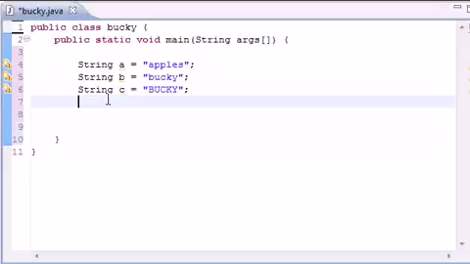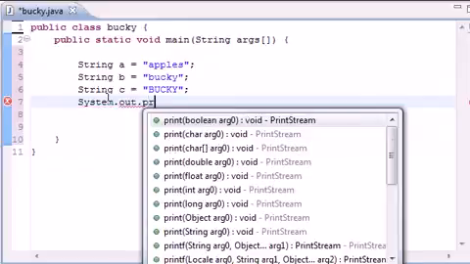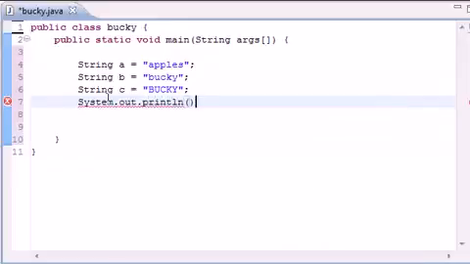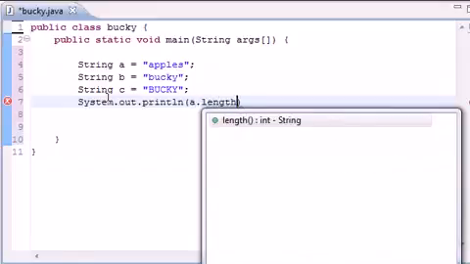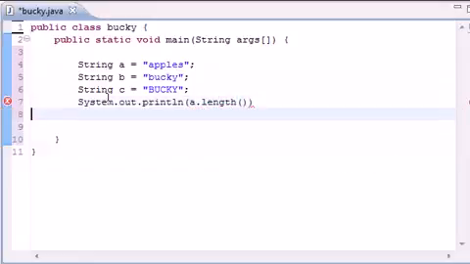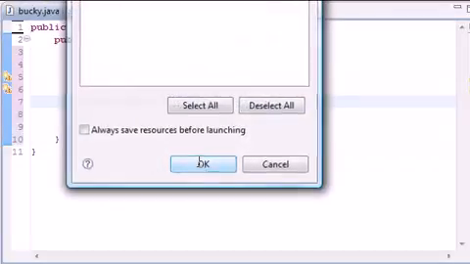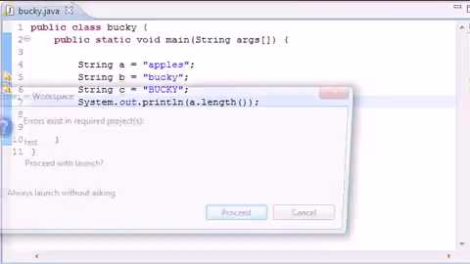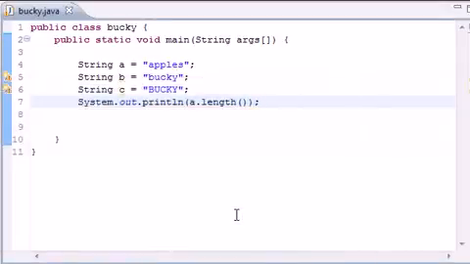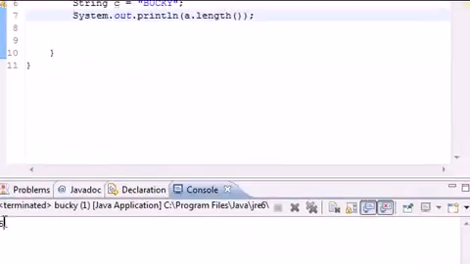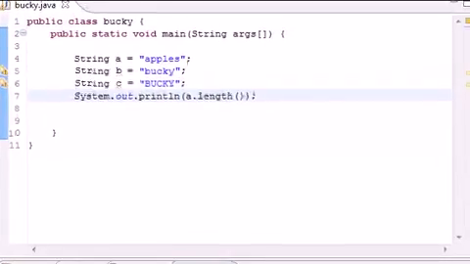Now we already know a couple cool things that we can do, like System.out.println, and we can get the length of a string using dot length. And let me just test this to make sure it works. Good. And now we can see 6 right here. So, I mean, we already learned a few things